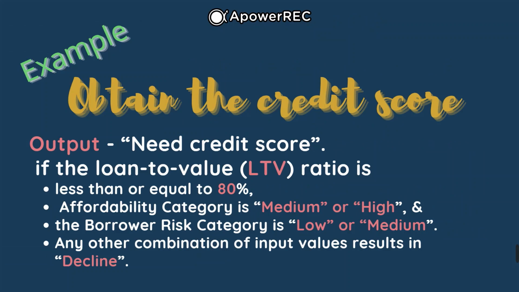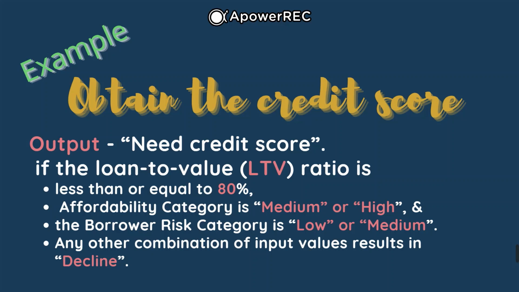Now let's discuss with an example where developers need to understand the relative advantages and disadvantages of unique, any, and priority tables. We will compare the three decision tables with this example, which is modeled to perform a loan pre-qualification prior to obtaining the credit score. The output value is need credit score.